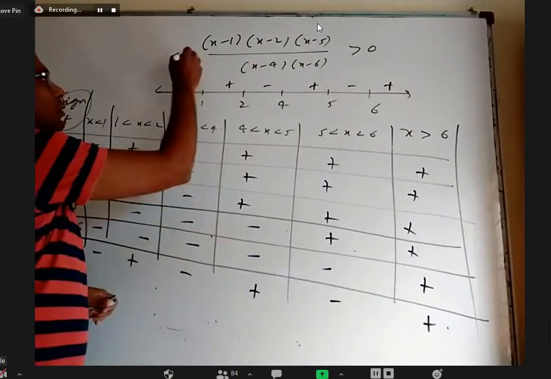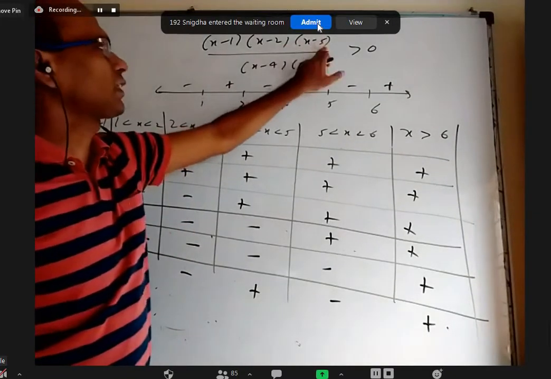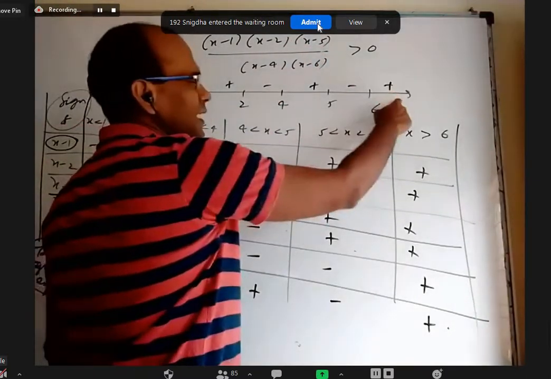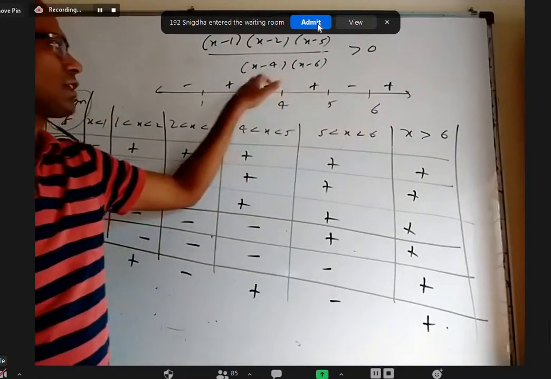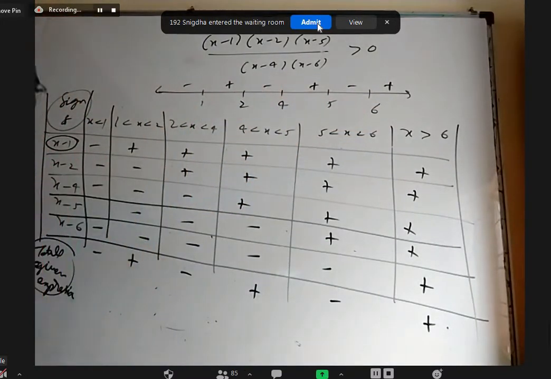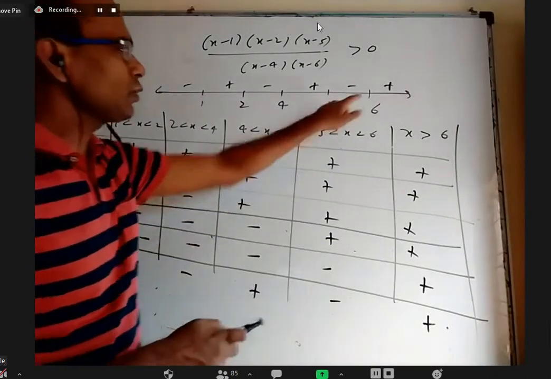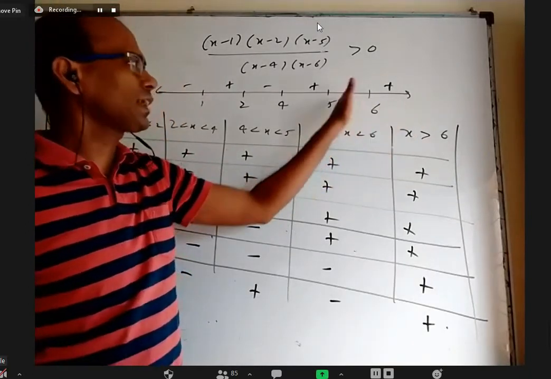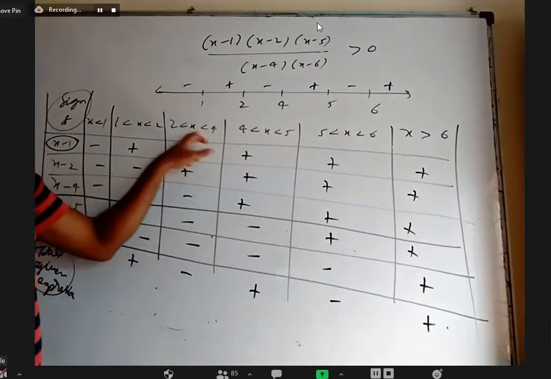How? I can put a minus here, or instead of x minus 5, I can write 5 minus x. Okay. So once you decide the sign here, after that you don't have to do all these things every time. It will be plus here, minus here, plus here. Alternately, it comes. Why is it coming alternately? Somebody may ask. When you cross from here to here, you take a number more than 6, or a number which is just before 6 up to 5. The sign of all these things doesn't change.